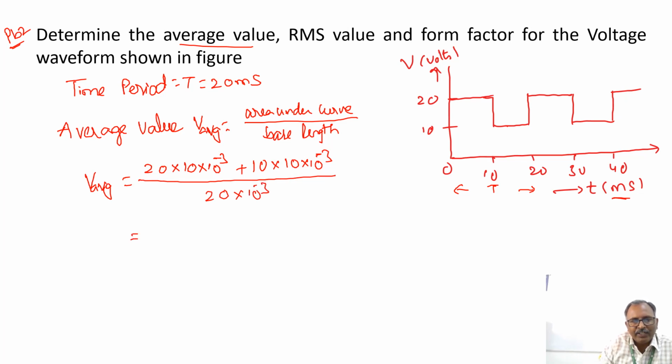So if you simplify, 20 into 10 is 200 plus 10 into 10 is 100, and if you take 10 power minus 3 common,